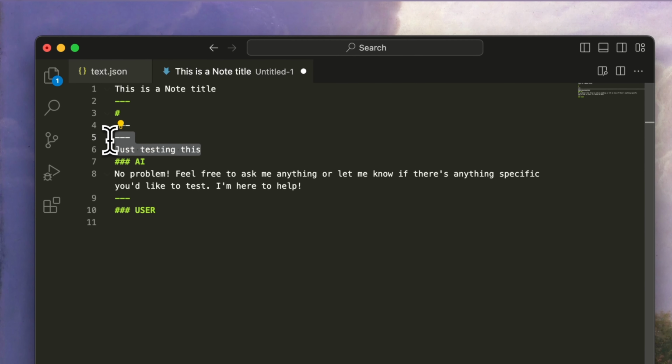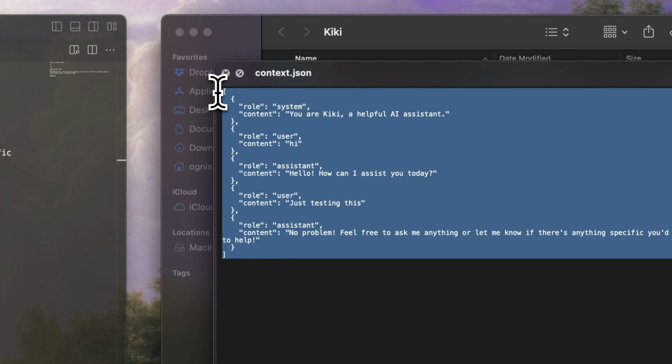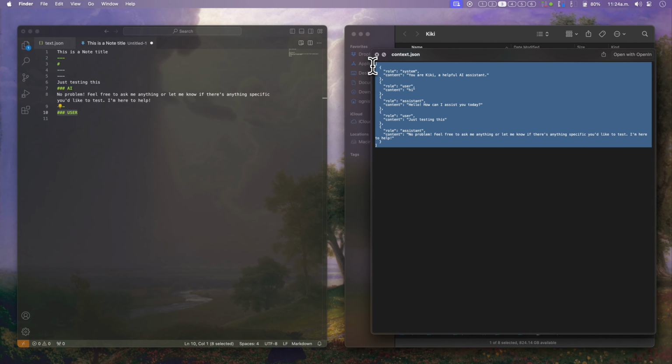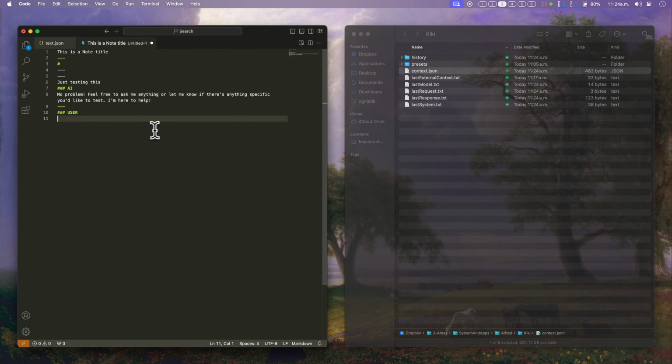Here is what I just typed, and as you saw, there's no user header that was inserted automatically. That means that my context continues. It's not difficult to grasp. It just requires you to pay a little bit of attention to what I'm saying here. But this is really, really useful if you want to have a different place to have your conversations and